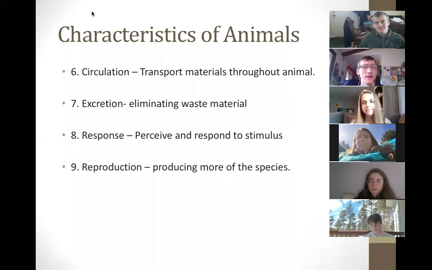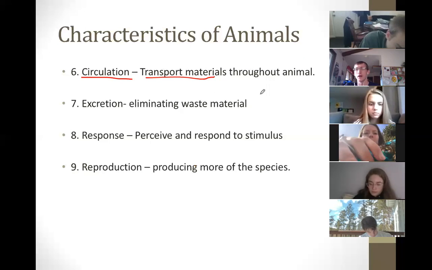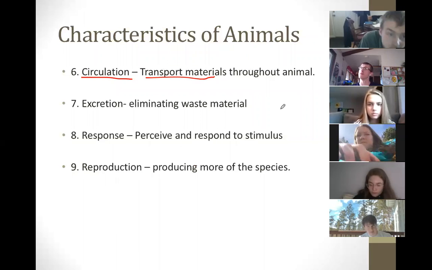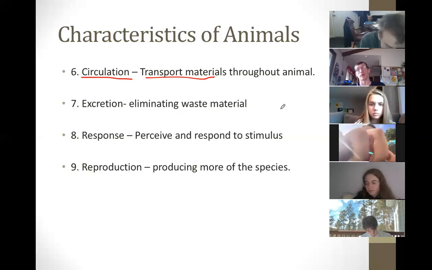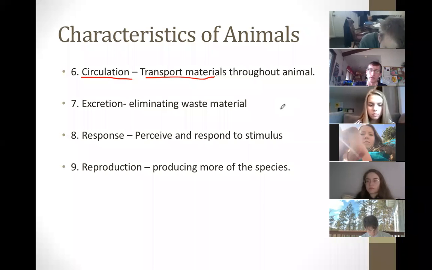Okay, so what's next? Circulation. You have got to transport the materials, oxygen, CO2, amino acids from the steak you ate, throughout your entire body. Now, you and I have a crazy cool circulatory system. That thing is way tricked out. We've got heart and arteries go to arterioles, and arterioles go to capillaries, and capillaries go everywhere, and then veins go back to the heart, and then we take it to the lungs, and our blood goes everywhere, and it's awesome, and it's contained in these teeny tiny arteries, and we can control their size and control the blood pressure, and we are super fancy with circulatory system.